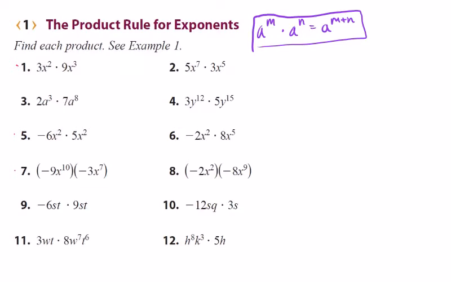All right, so for number one, we have 3x squared times 9x to the third. So remember the associative property of multiplication, we can multiply in any order that we want. So I'm going to multiply the 3 times the 9 first, just because those are similar. They're just normal numbers. So 3 times 9, just multiply them like we normally would. It's 27. But with our x's,